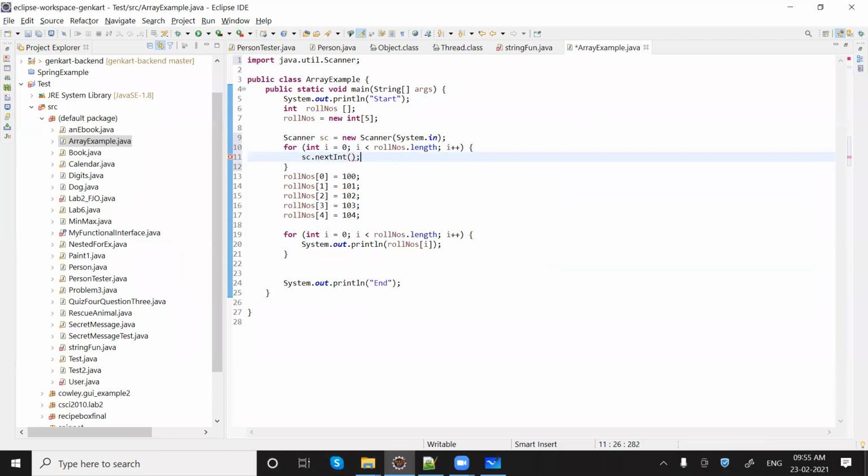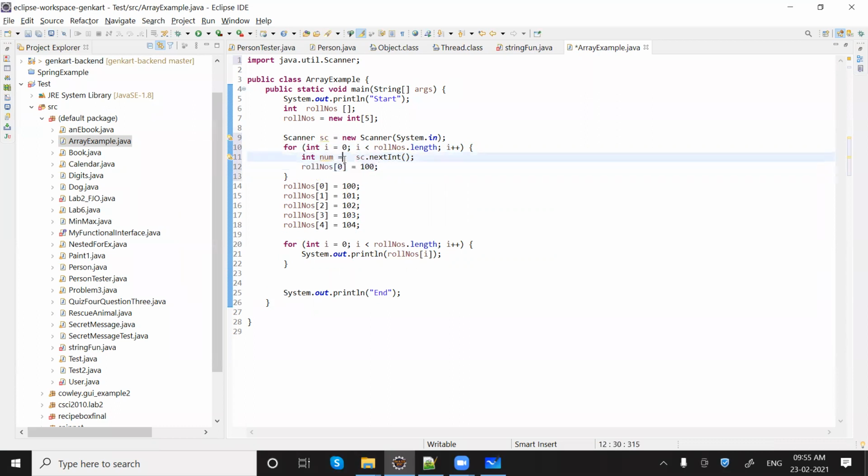So it will ask for a number, it will keep that number into a num variable, and we can keep that into the array with the help of i, like this.